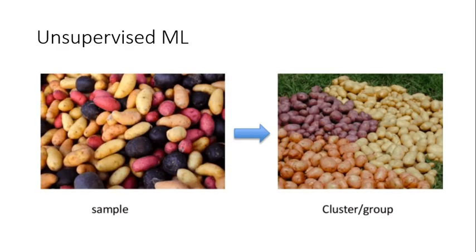Let's take another example. In the picture you can see in the sample data, these are all potatoes. Now after applying this approach, your output will be the same data, but what you have done is you have classified or grouped or clustered your input data based on the color. So this is one property. Similarly, you'll find which data have similar properties, and we will group them together, and based on new data you can identify which group this data belongs to.